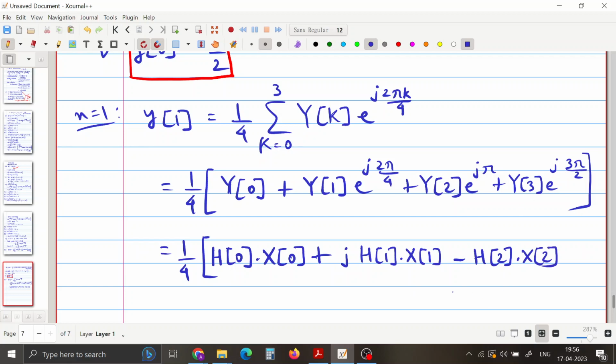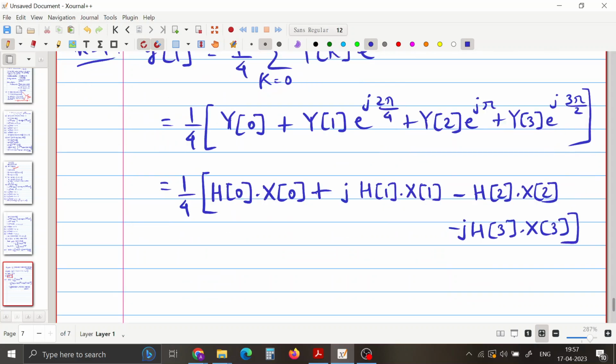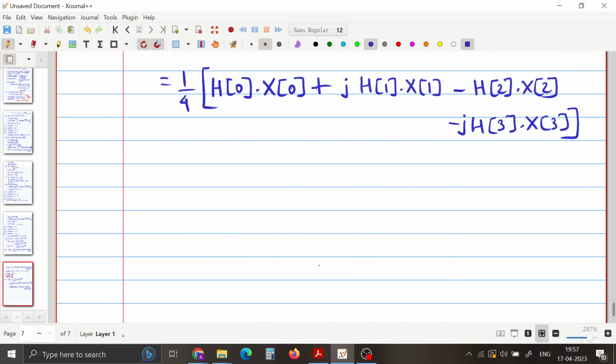It is minus j, so minus j times y of 3, which is again h of 3 times x of 3. Okay, and if you just substitute these values, you get